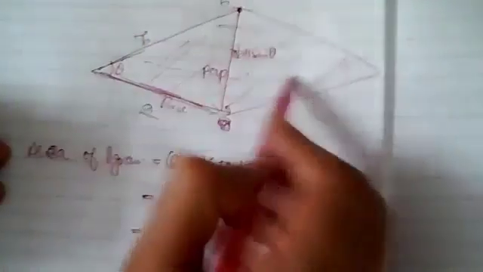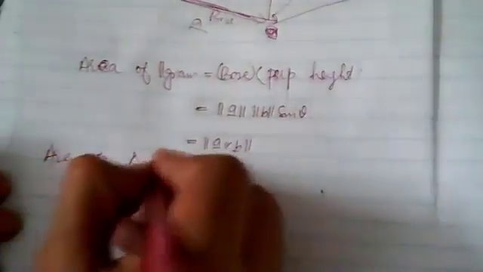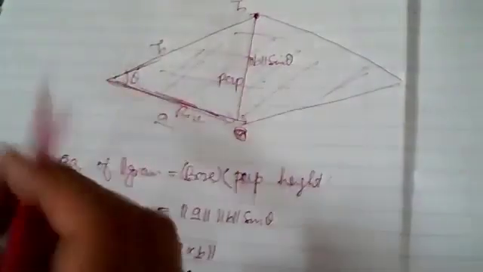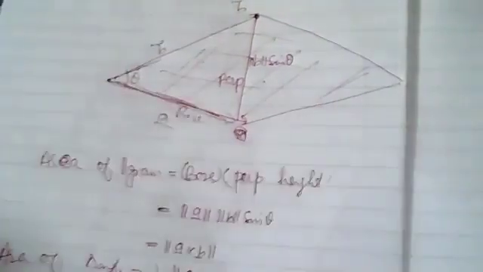If you take half of the parallelogram, you will get two triangles. So if you are interested in the area of a triangle, it will be half of the magnitude of A cross B. But the condition is that A and B should be adjacent sides of the parallelogram. They should be the adjacent sides, the sides having one vertex common. The side having one vertex common is called the adjacent side of the parallelogram.